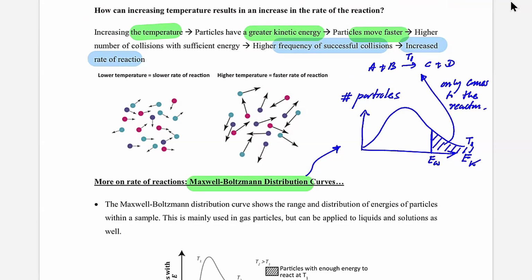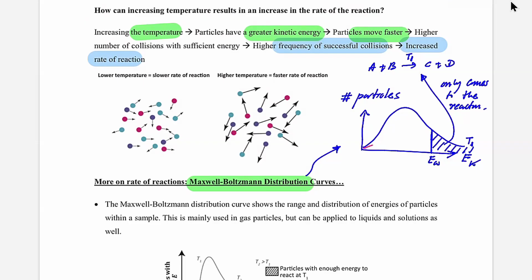They only participate in the reaction. Do you agree with me? They only participate in the reaction. Okay? So what about the rest? The rest does not. Now, the Boltzmann distribution shows you if you increase the temperature,